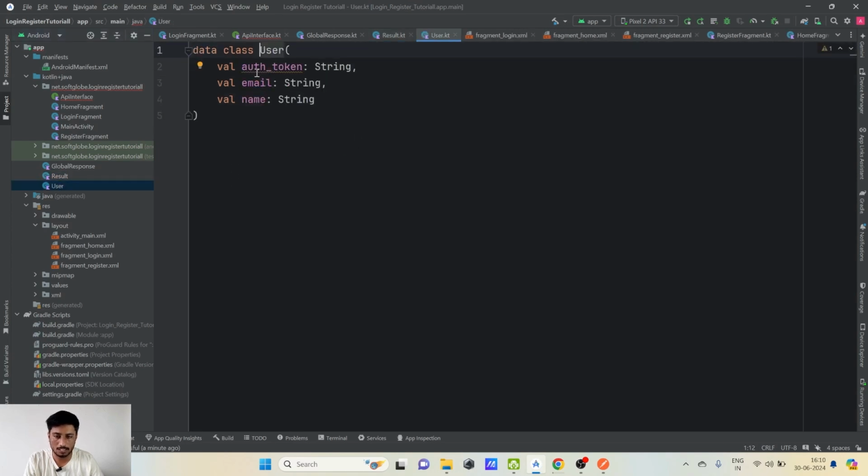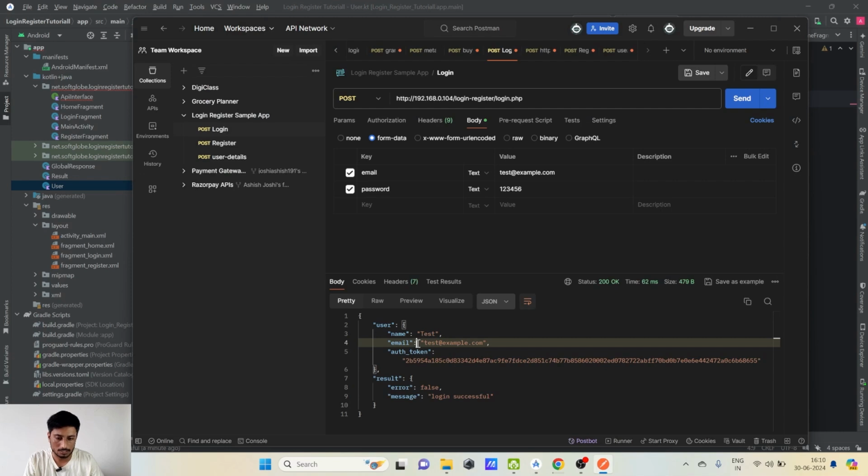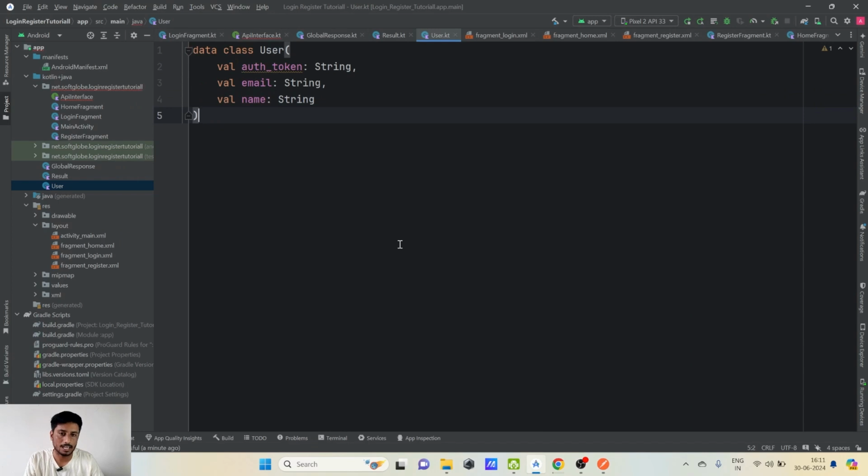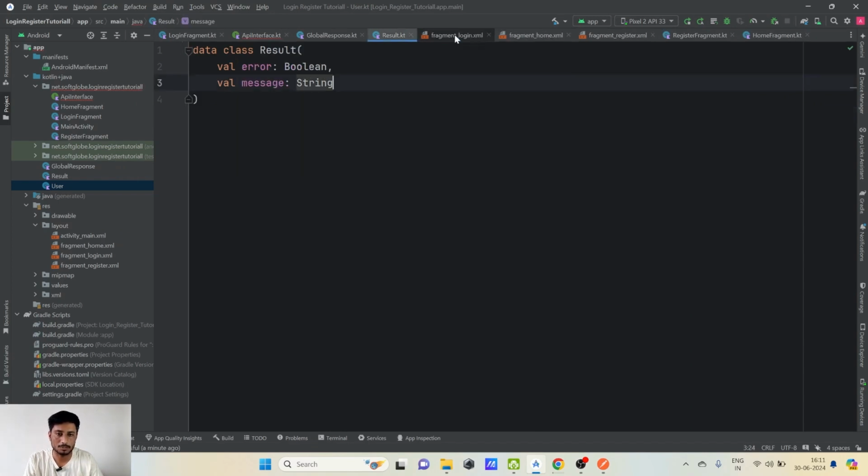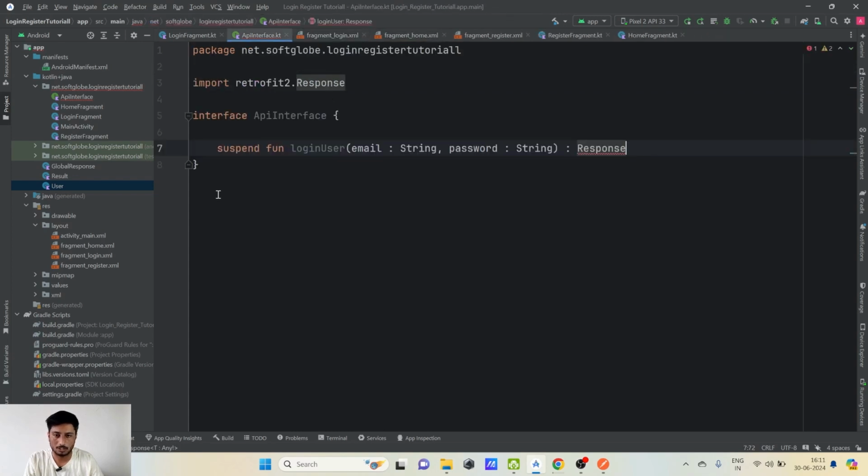So user will contain three things: auth token, email, and name, all of a string type. Now you can see here in our Postman, name, email, and auth token, all of these are strings. So it has beautifully created these Kotlin classes according to the response we have provided. So this is pretty good work done by that plugin. So you can just download the plugin,